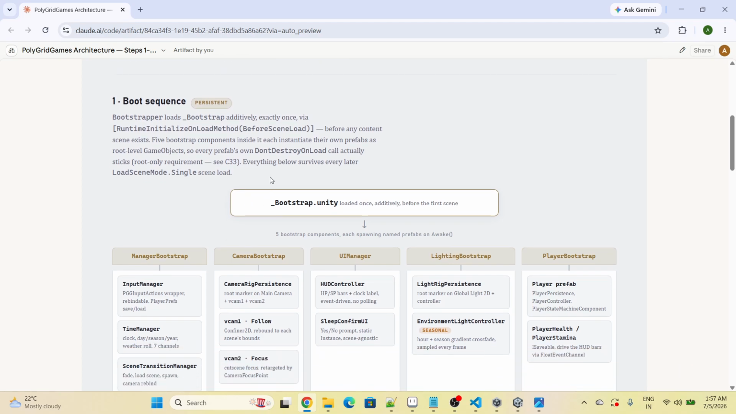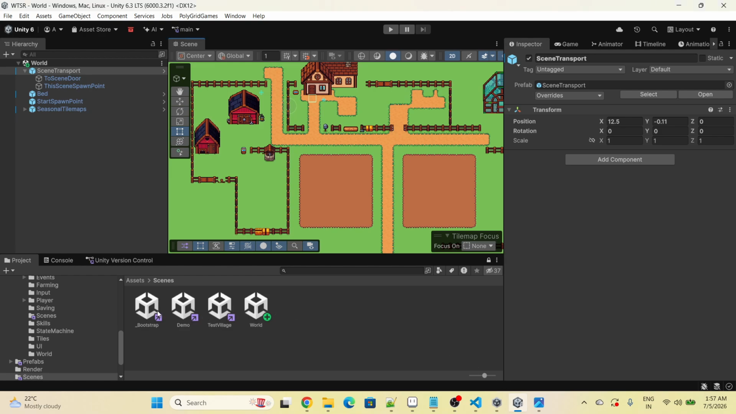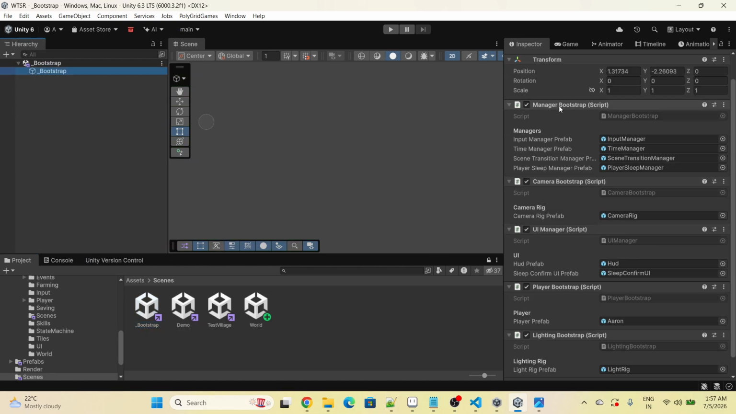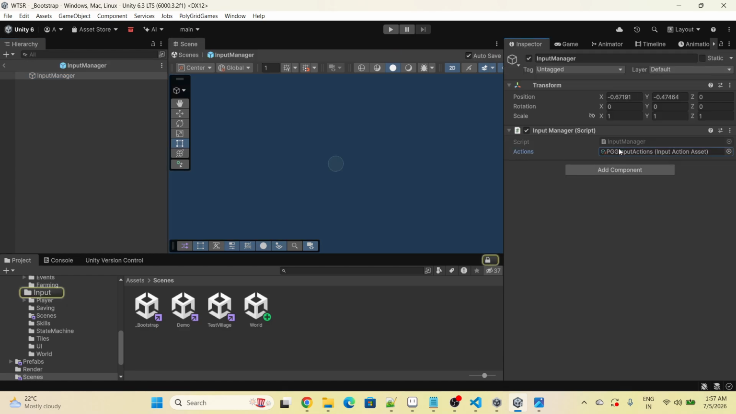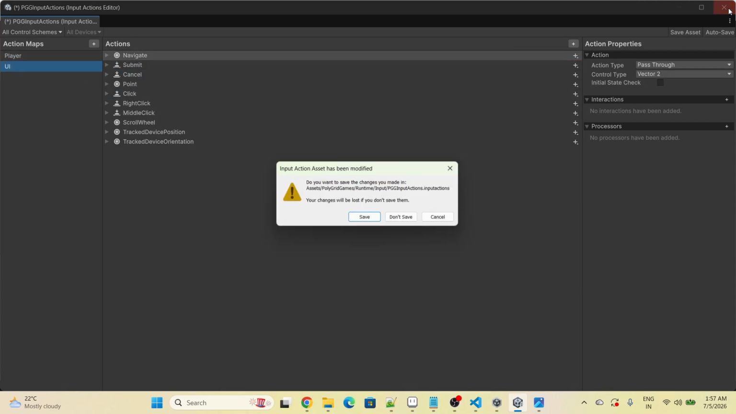So this is our Bootstrap sequence scene. What we have here is, before any of the scenes load, this is the scene that gets loaded first. So you have the managers, you have the camera, you have the UI manager, lighting bootstrap and player bootstrap, and any other managers or cross scene items will be in the bootstrap scene. So this is our bootstrap scene. You can see here we have the input manager, which has the input actions for the player and the UI,